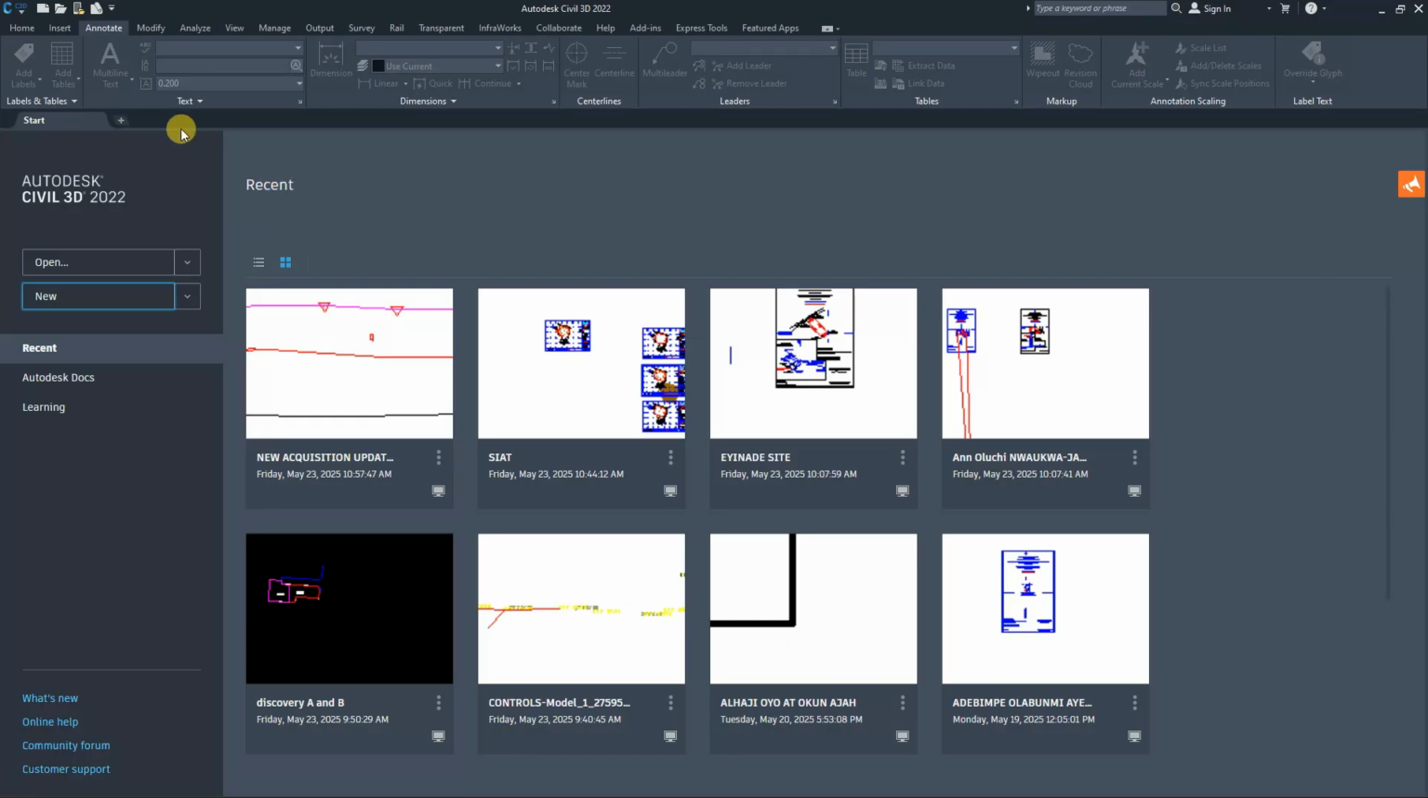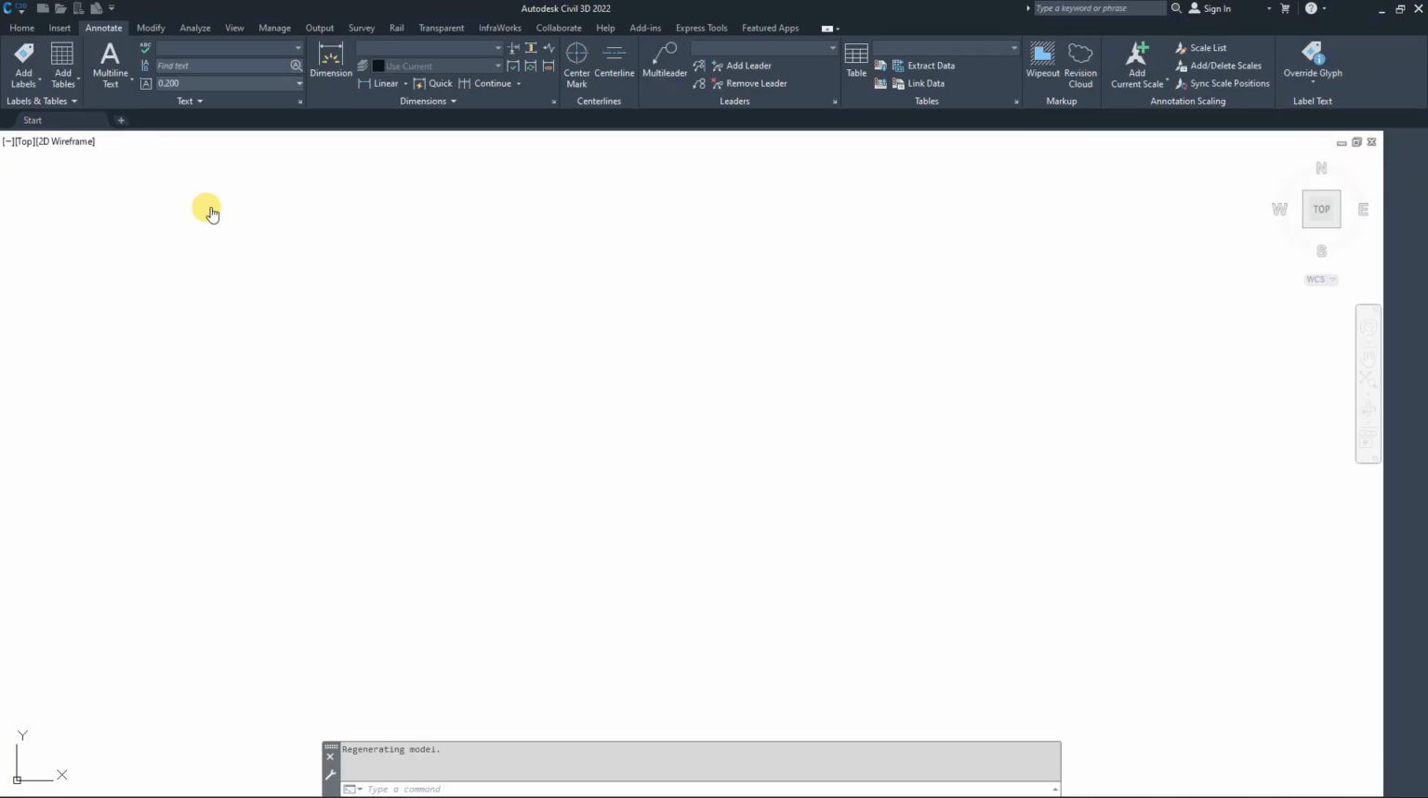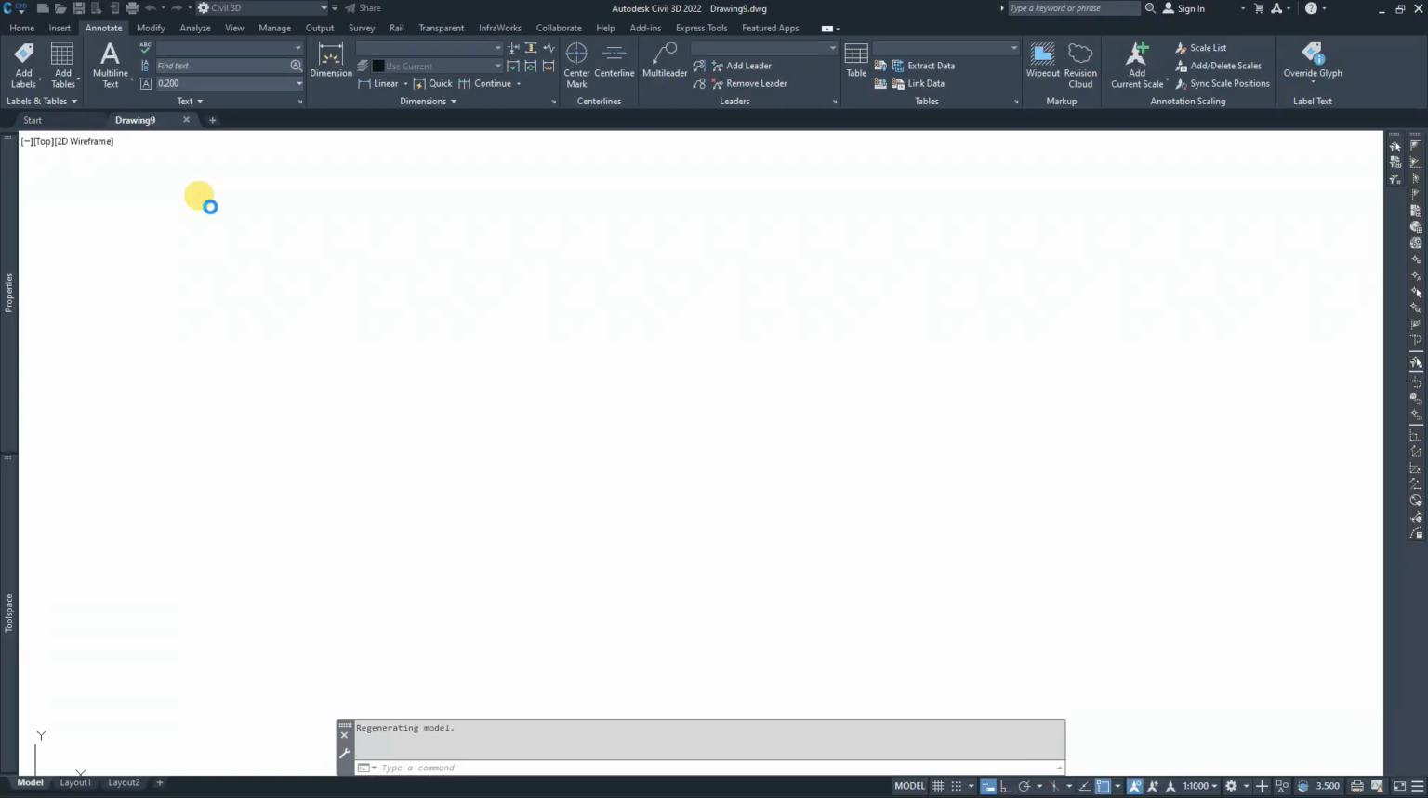I'm going to be using AutoCAD Civil 3D 2020. So those of you that are using AutoCAD 2015, 2018, 2020, 2022, 2024, and 2025, this tutorial is still applicable to you, because the functions for the years I've mentioned are still relatable to each other. So I'm going to be opening a new document,